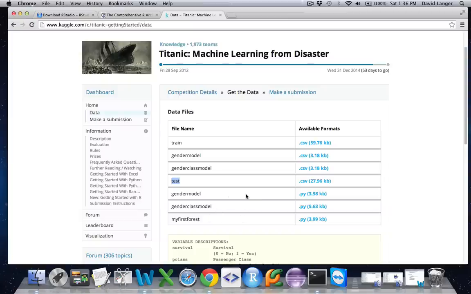So sorry about that. The point of the Titanic competition here is to take a look at the data that's provided by Kaggle and build a machine learning model that accurately predicts who will survive and who will perish. And these other files are example attempts at doing exactly that, which is why you see model at the end of the file names. You could take a look at those on your own time if you'd like. That's no problem. However, we won't be doing a lot with that right now.